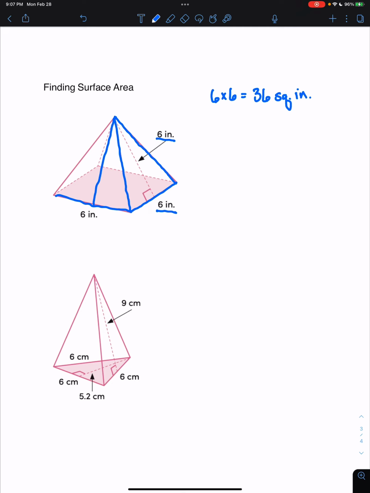So who can remember our area formula for triangles? It wasn't that long ago. So area of a triangle is 1/2 times base times height. So we have to do that for this face. 1/2 times 6 times 6. So that's 36, and half of 36 is going to be